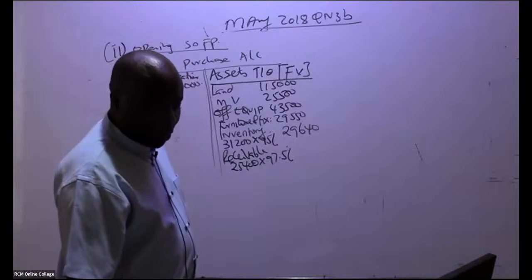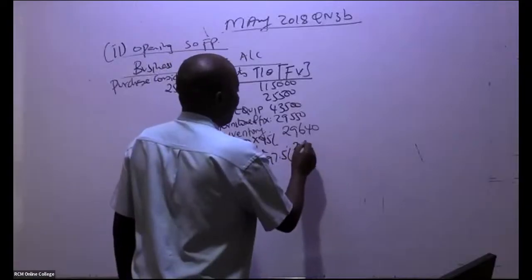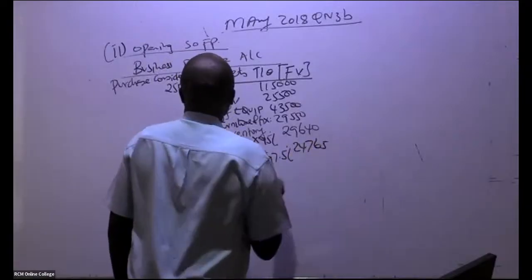So we have here 24,765. 24,765, like that. And then now you come to the